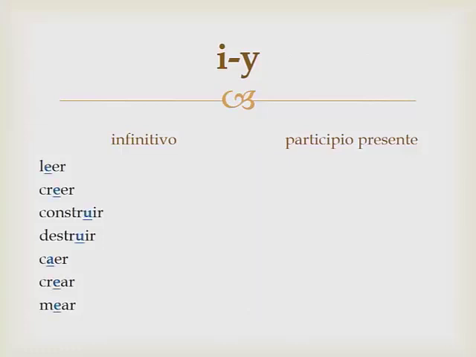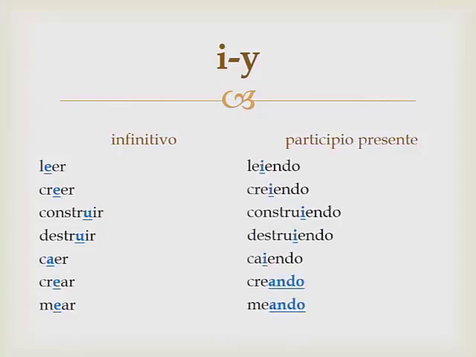Why is that? Well, if you have a vowel right before the ending of an ER or an IR verb, the I will change to a Y. So leer, creer, construir, destruir, and caer, notice those are ER and IR verbs, and they have a vowel right before the ending. In that case, that I is going to go to a Y. Leiendo becomes leyendo. It's just easier to say. Leyendo, creyendo, construyendo,